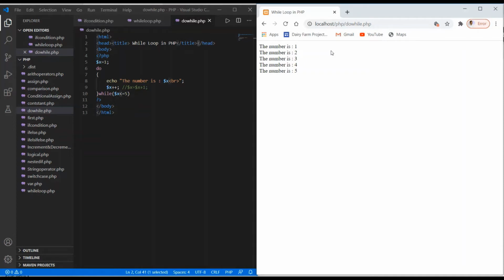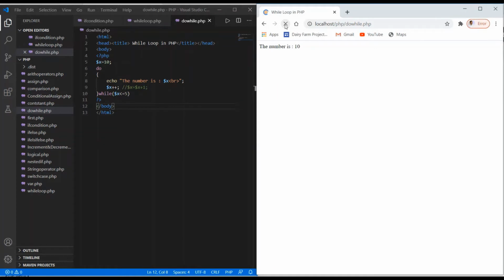Now in this case I would get the same result as the while loop. What I'm doing is making this value equal to 10. So the first time, if it checks the condition, the condition is going to be false in this case. So the loop's body is executed anyway. To see the result I have to save the changes, and here we go, refresh it. You see the number is 10.